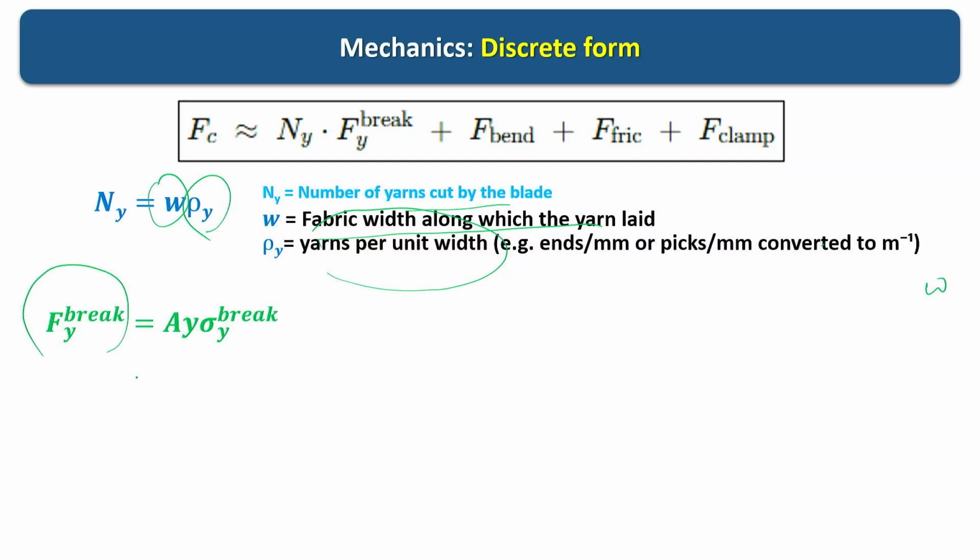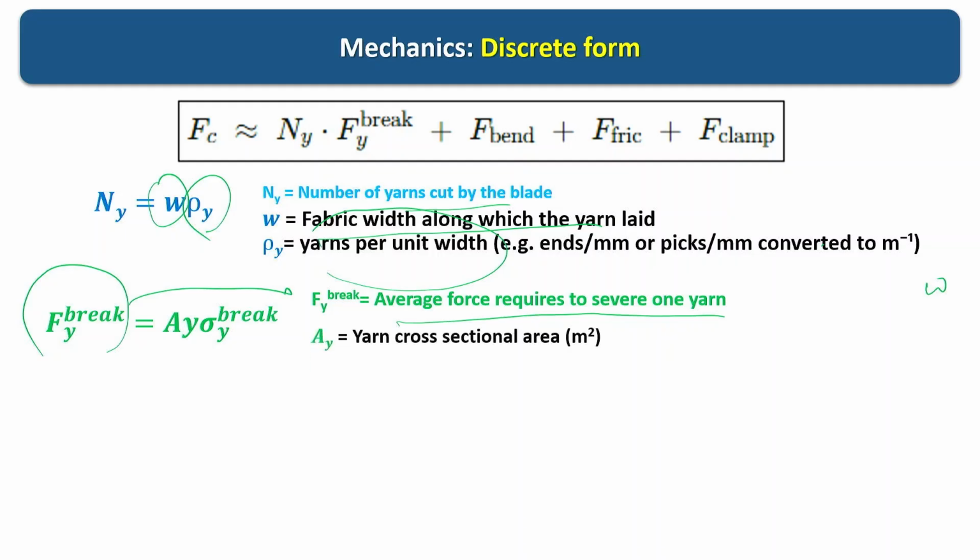And F y break is equal to A y sigma y break. So, F y break is basically the average force required to cut one yarn, okay. And A is the yarn cross-sectional area, okay,